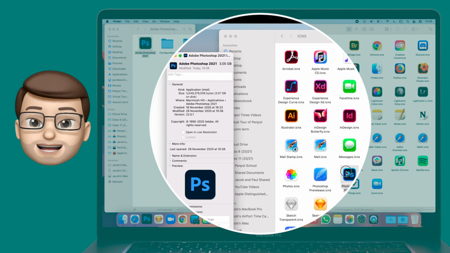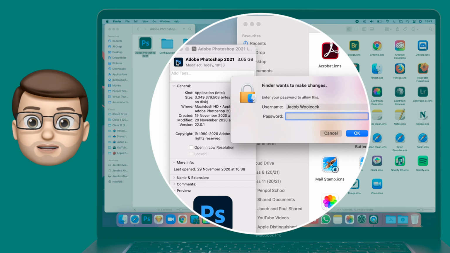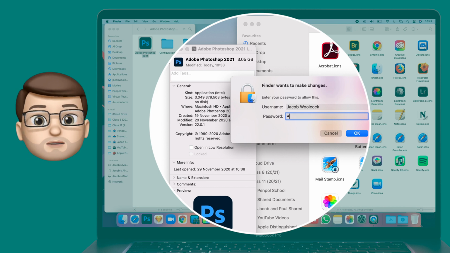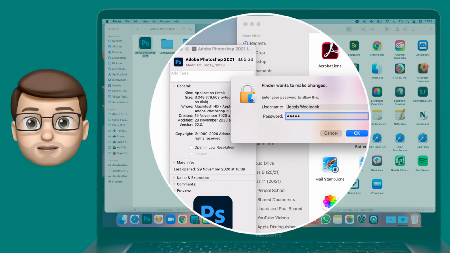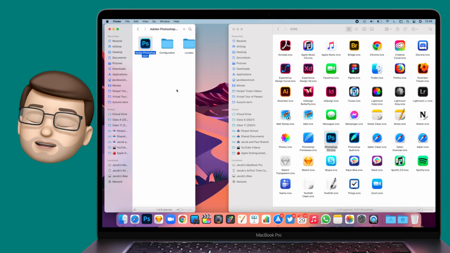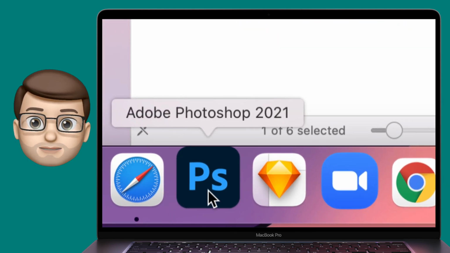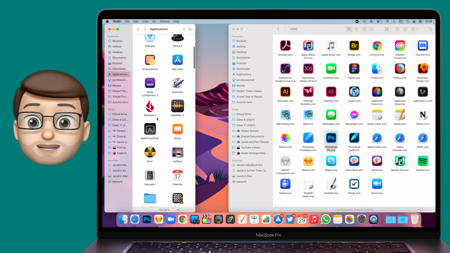All you need to do is drag and drop that .icns file and let go of it on the tiny thumbnail in the top left corner. You'll probably be asked to confirm this with your password or your Touch ID, but then the icon will be changed. Close that panel down, launch the app, and the first time it launches you'll notice that icon in the dock updates. Let's try that again, this time with the Zoom icon.